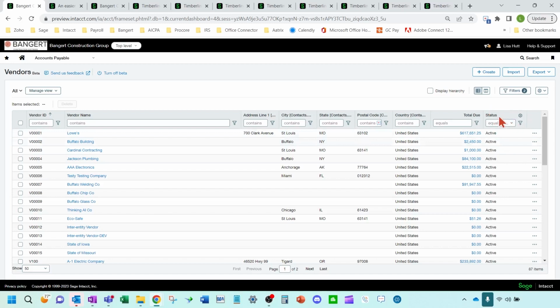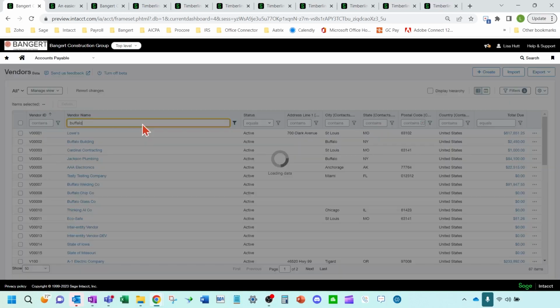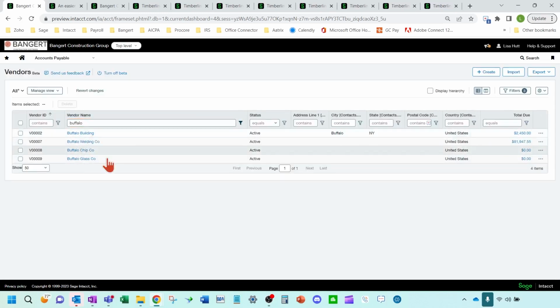Also, when you want to move a column now with the beta view, you can drag your column and see this blue bar that's moving. And you can move your columns just by left clicking, holding it down and dragging, and now it moves over. Okay, you can also do things like that, and it gives you anything that contains the Buffalo word in the vendor name.